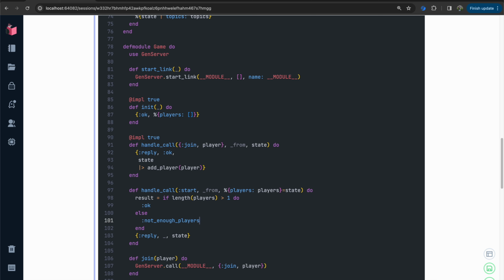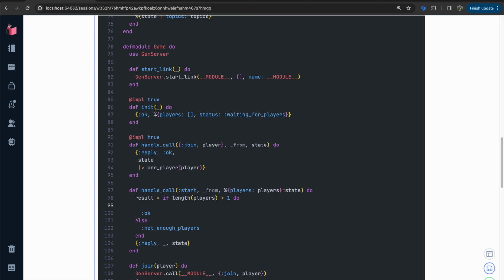Do we need to keep track in the state of whether the game has started? Do we really even care whether the game has started, or do we just start plays? No, we do need to care. Therefore, we need to keep track of the state. So, status. It starts as waiting for players, and then we can do